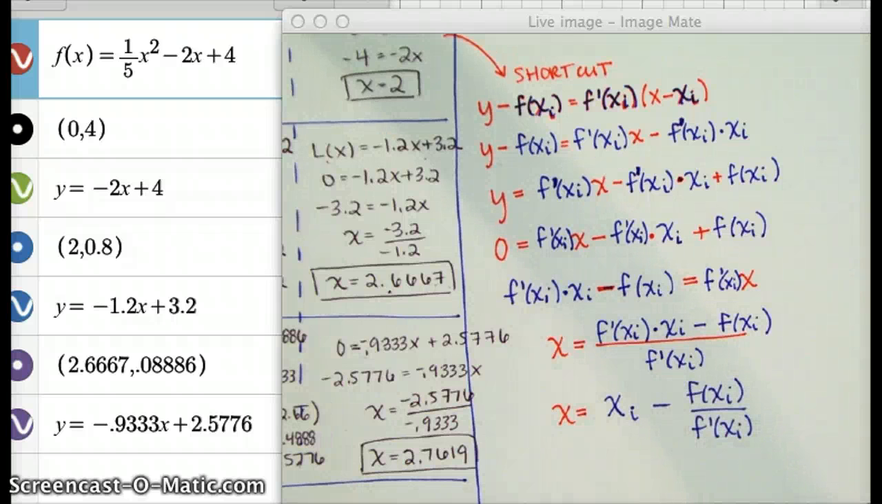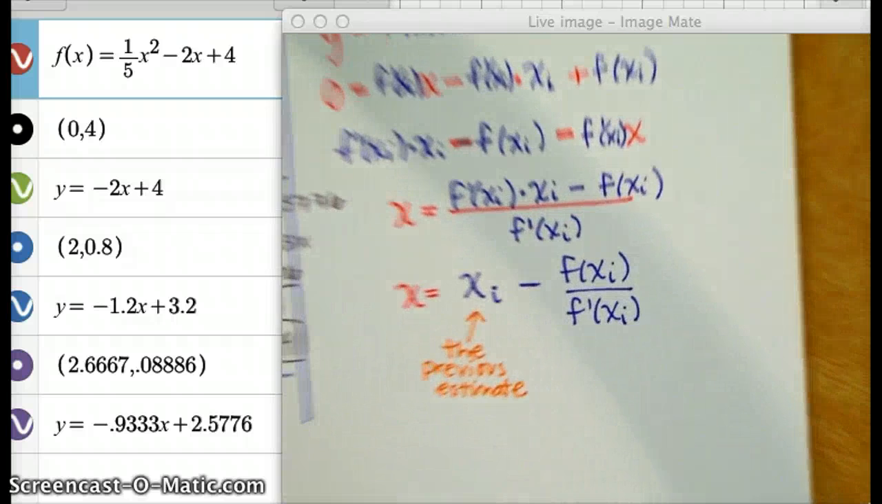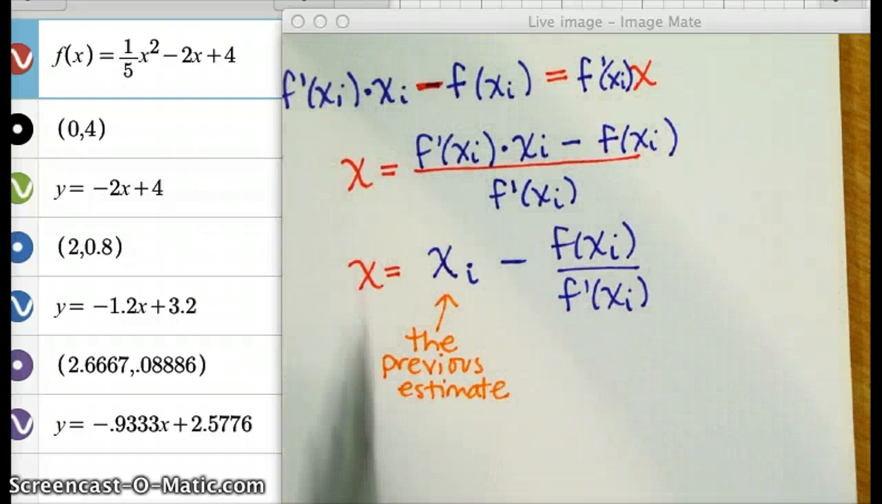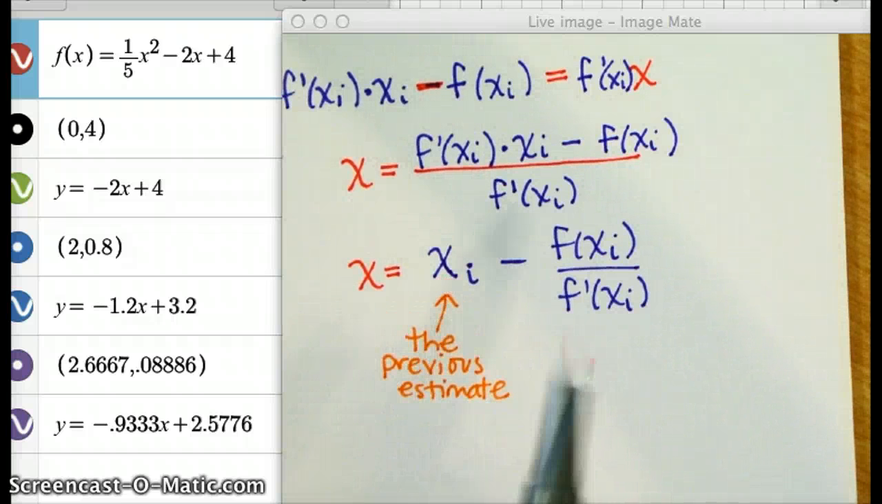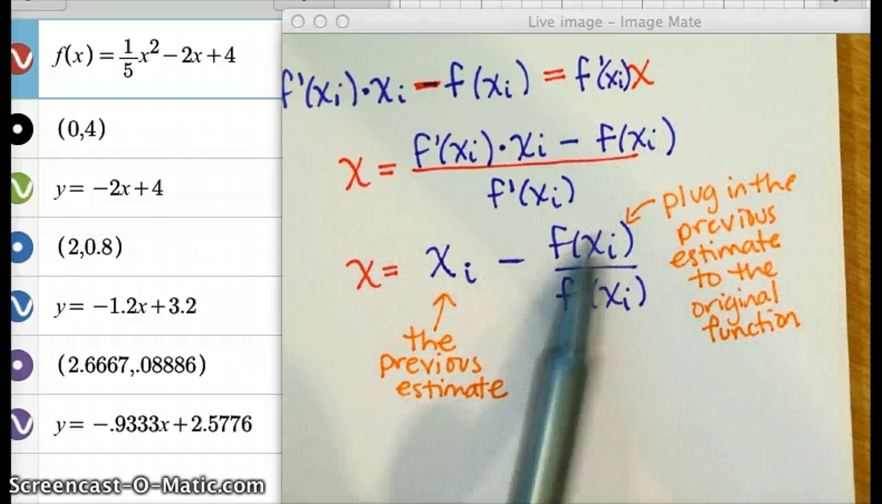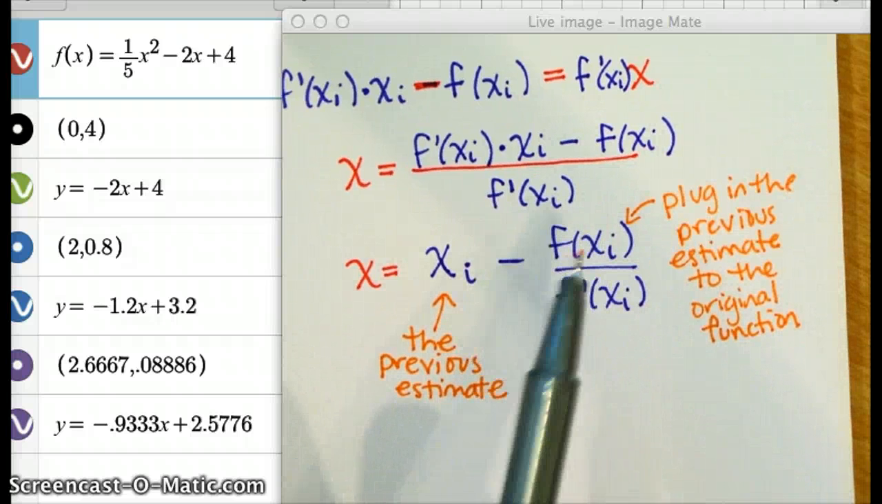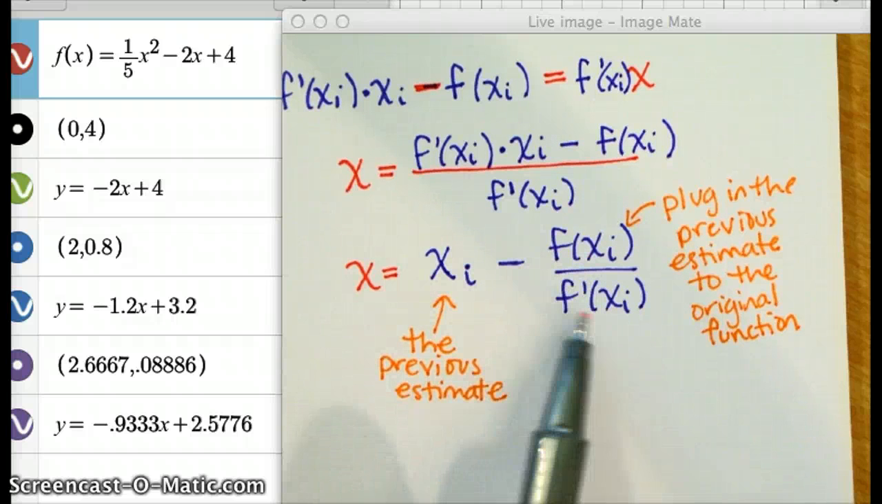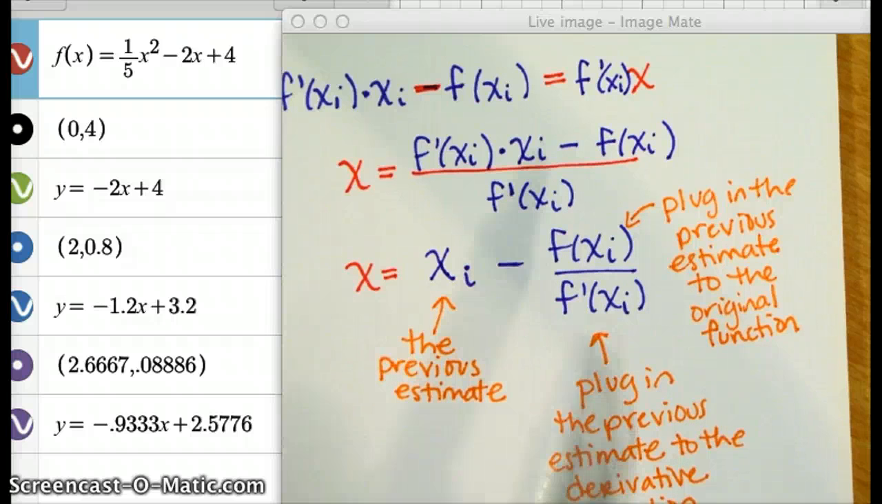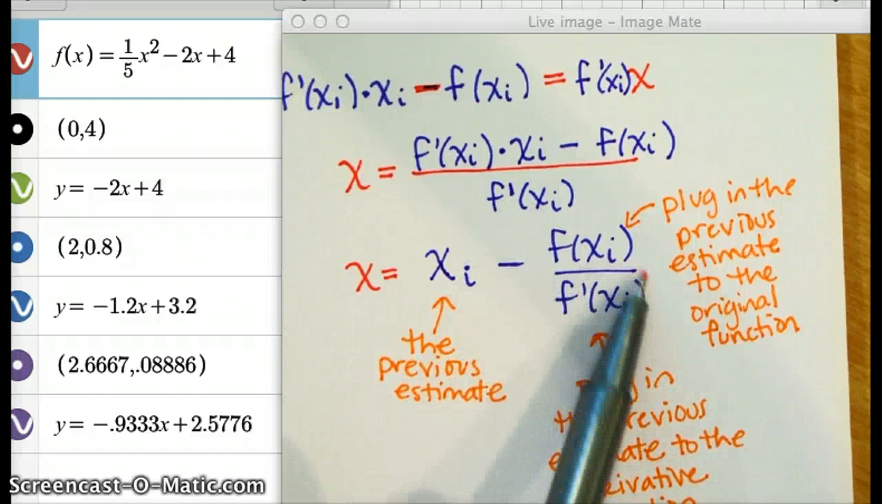What does x sub i mean? Exactly, it's the previous estimate. So the first guess we made was 0. That would have been x sub i. Then what does f of x sub i mean? This means plug in the previous estimate to the original function and put it on the top of the fraction. And then how about this one? This means plug in the previous estimate to the derivative function and put that number on the bottom of the